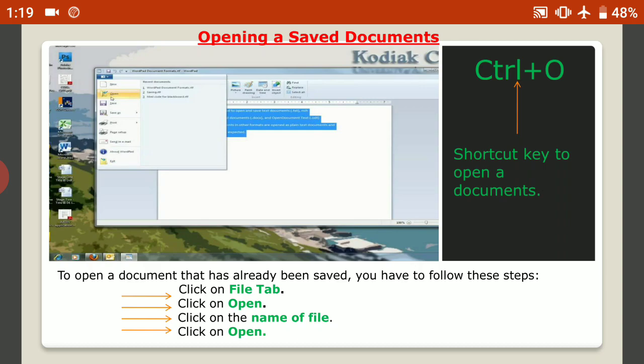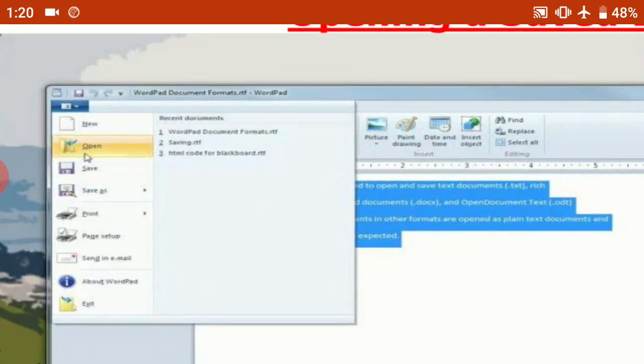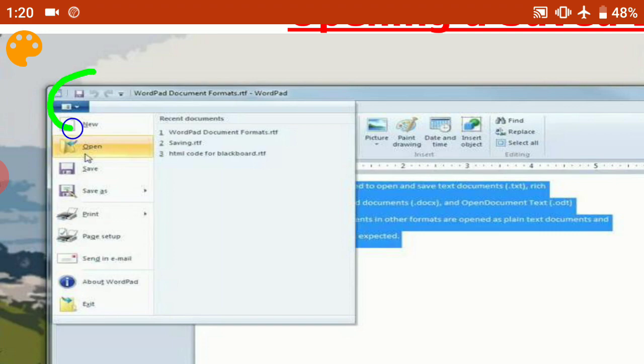Dear student, to open a document that has already been saved, you have to follow these steps. First, click on the File tab. Then, click on Open.